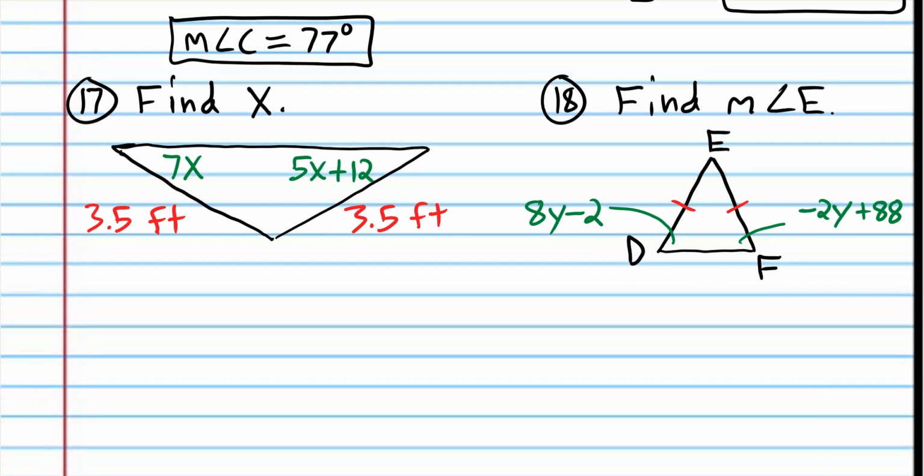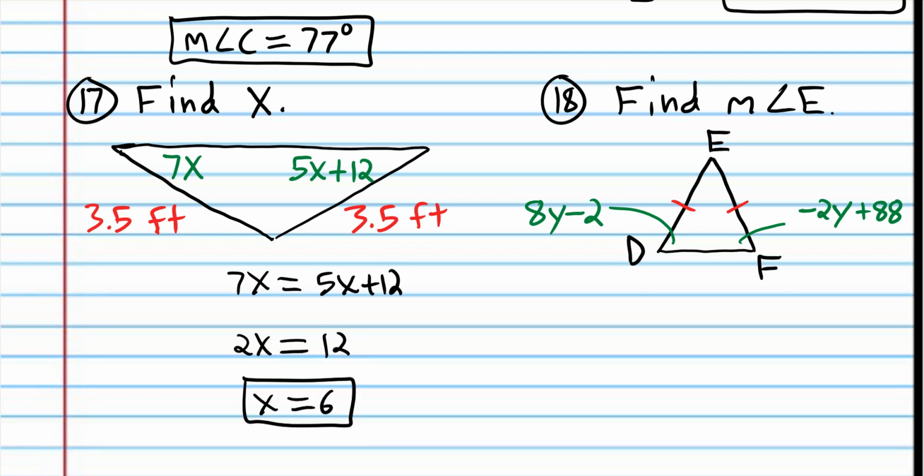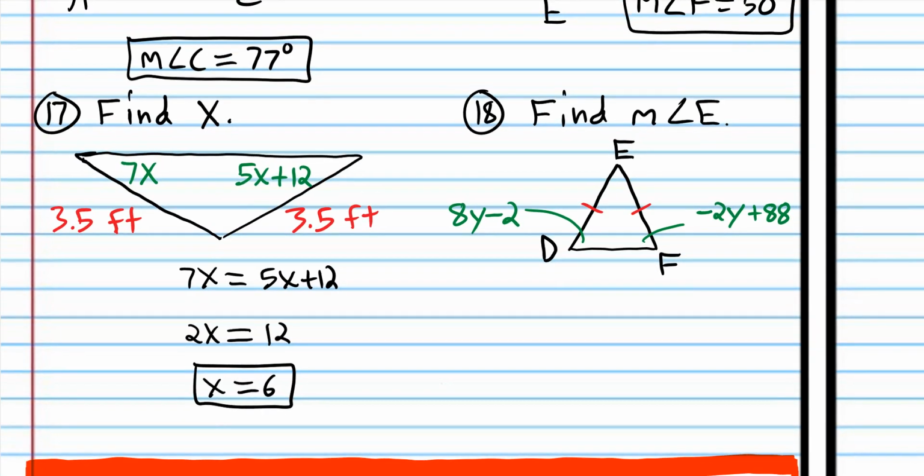All right, we're back. So we can see that this is isosceles because 3.5 feet is the length of two sides, so it's an isosceles triangle. So that means that angle 7x must be equal to angle 5x plus 12. Subtract 5x from both sides, and we get 2x is equal to 12. Divide both sides by 2, and we get x is equal to 6. So if you got 6 for x, good job. Now for 17,